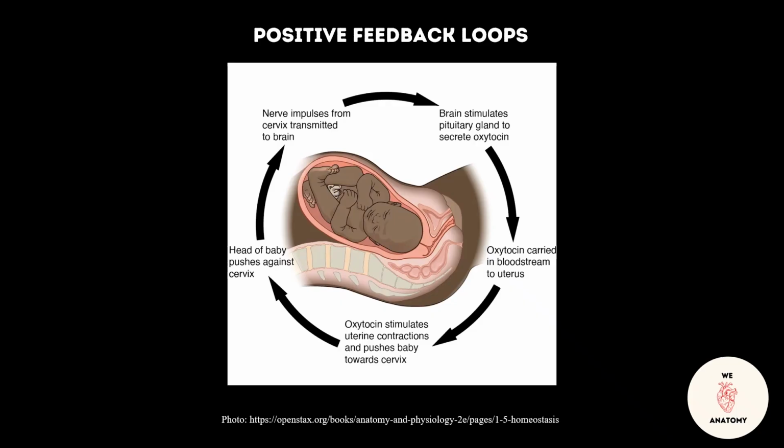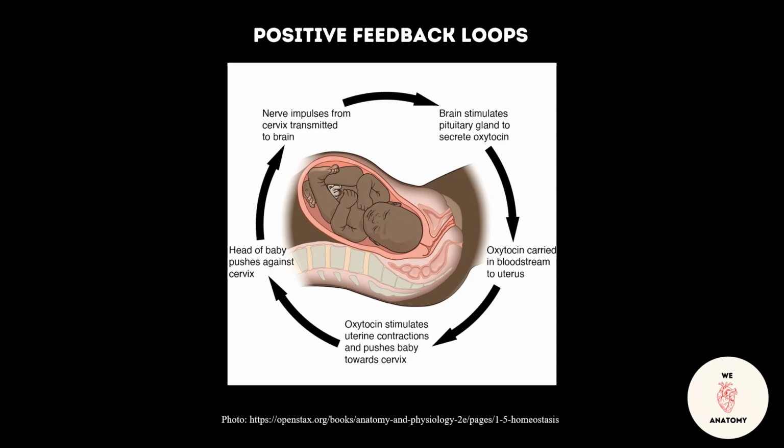As you can see here, when a woman is in labor, the pressure of the baby's head against the cervix causes the release of the hormone oxytocin from the pituitary gland. Oxytocin stimulates additional uterine contractions. Uterine contractions then put pressure from the baby's head back on the cervix, causing the release of additional oxytocin. This cycle will continue until the baby has been born, there's no more pressure on the cervix, oxytocin release stops,